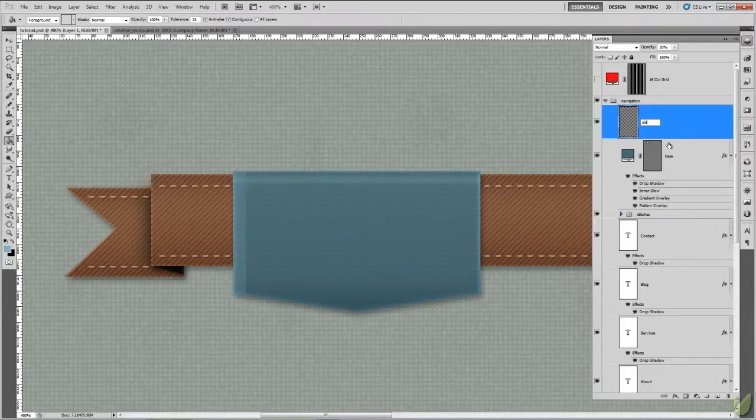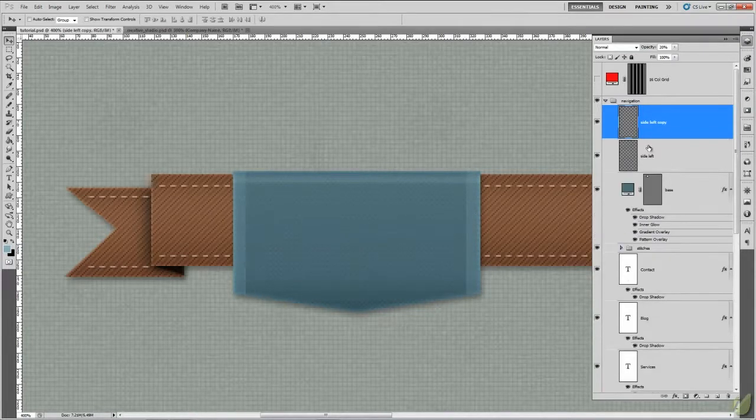Rename that side left, and then with the move tool selected, with that layer active, hold down the Control and Alt key, so you've got the two cursors there, look, black and white one, and just drag across, make a duplicate of that,